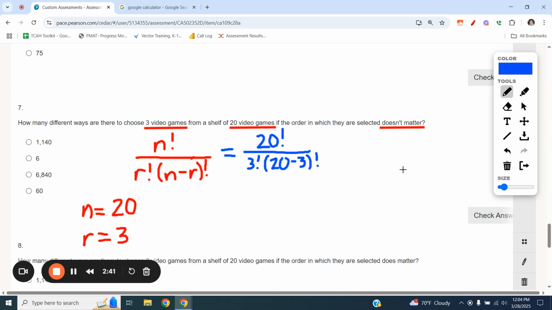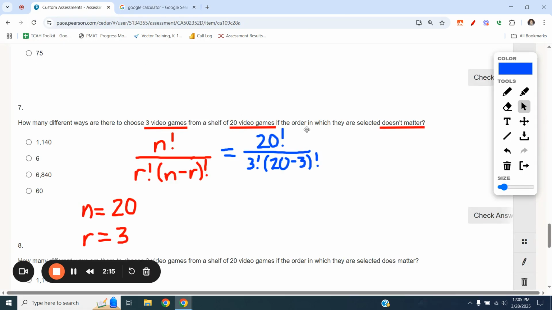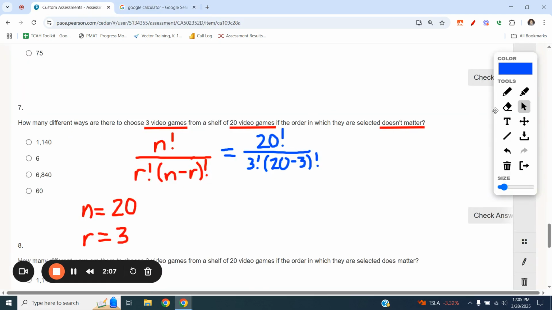And then now that we have everything plugged into our equation, this is simply us typing it into the calculator. So I'm going to open up my calculator over here. We're going to type it all in. So we have 20 factorial, and we're going to divide it by 3 factorial times 20 minus 3 factorial. And what do we get? We get our answer: for this question, when the order selected doesn't matter, and we can choose 3 video games out of 20, our final answer is going to be 1,140. That is the number of combinations that we can have for the